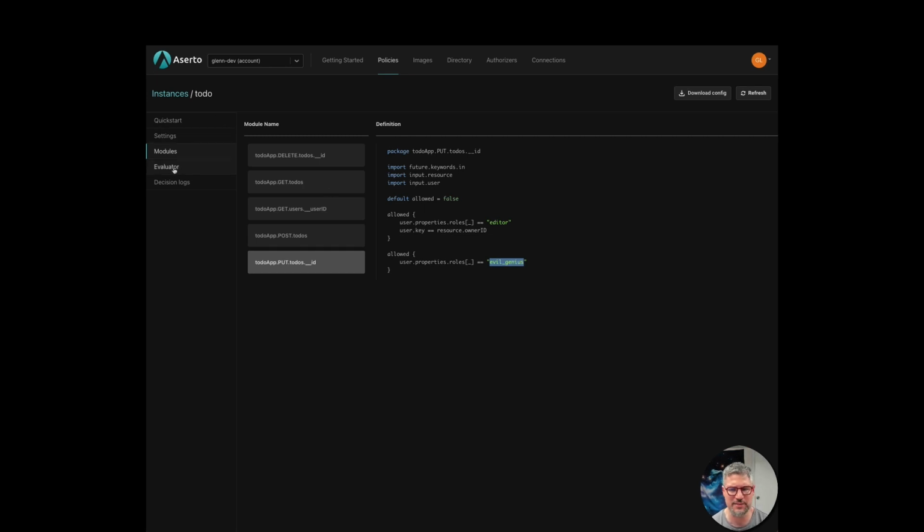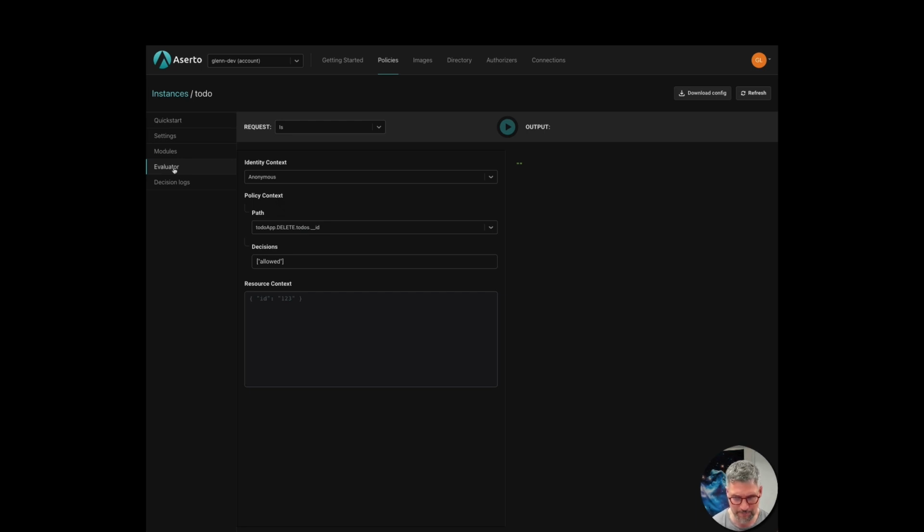From the policy instance, you can click on the evaluator. And what we can see here is that we have this identity context. Now this defines the identity of the caller. And if we choose subject, we can actually choose any one of the users from our IDP. So we'll use Karen Lamb, and we're going to test to see if Karen should be allowed to update one